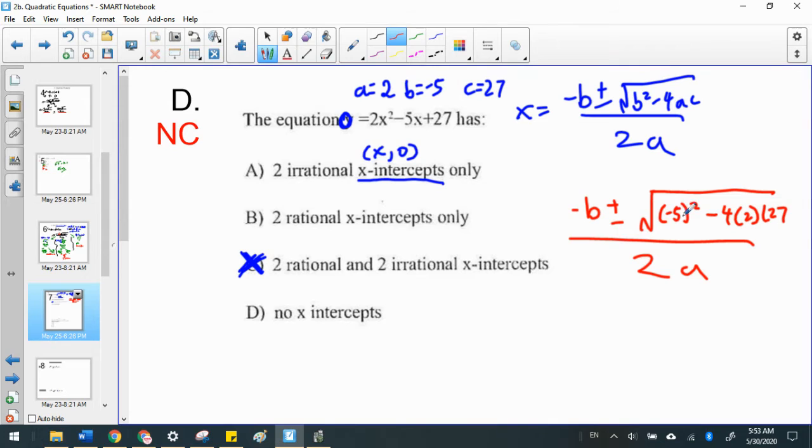But if what's inside the radical isn't simplifiable, that means I have 2 irrational x-intercepts because I'm going to be taking negative b and adding and subtracting by a radical. So inside this radical, we have